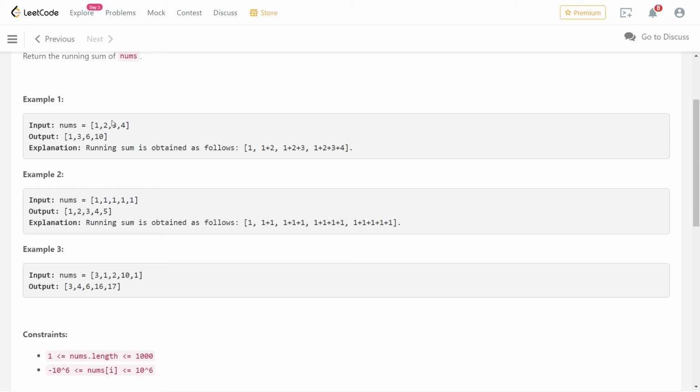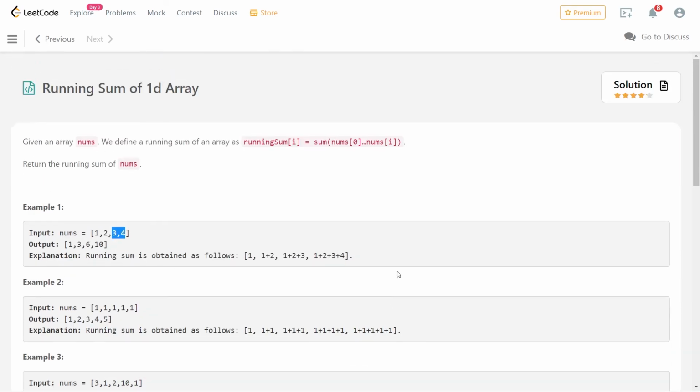So if someone asks what is the sum from the second index to the third index, you will take the value at the third index and subtract just the value to the left of the second index, that is 3. So 10 minus 3 is 7. So the sum of these two should be 7. That's how you can find the sum in constant time, and that is the basic use case.